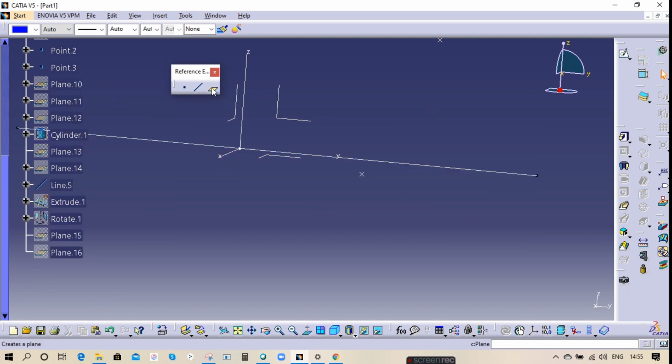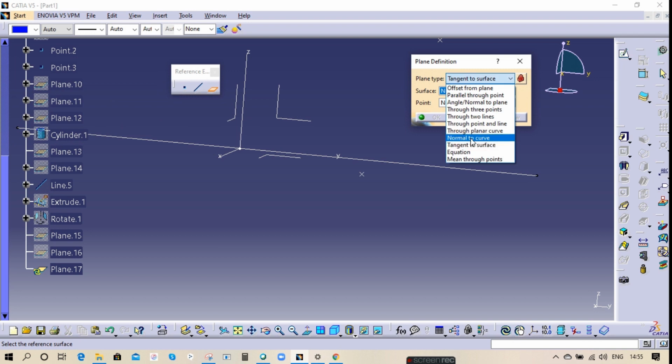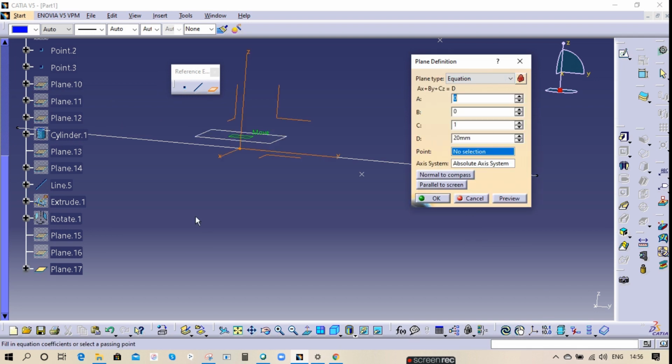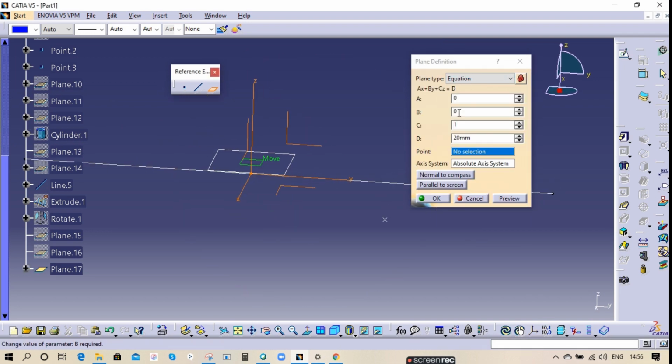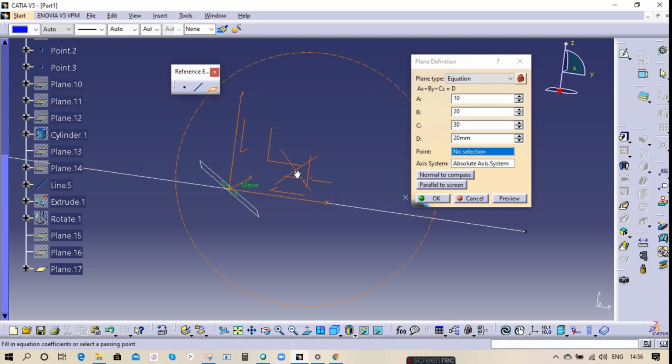So the next option is equation. This equation we don't use so much, even though I'll tell you. Let's say you have the a value of 10 here, b value 20, and c value let's say 30. And if you give preview, this is how the plane is created.